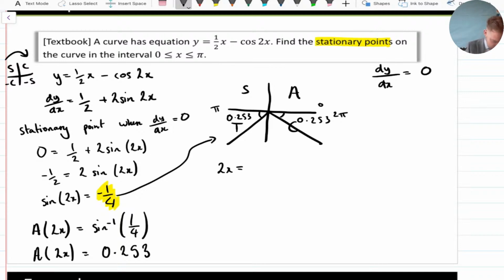So shift pi plus 0.253, which is equal to 3.395 to 3 decimal places, but also it's going to be this one over here, which is 2 pi minus that. So 2 shift pi minus 0.253, which is going to be equal to